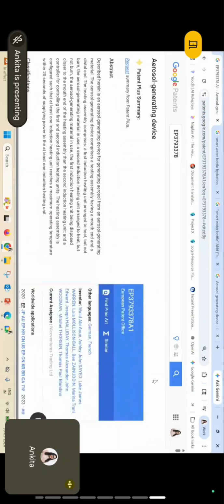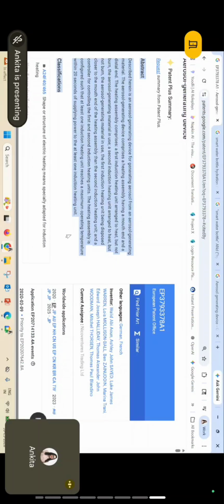If I open a patent, this is the whole patent, and you can see there are different parts of the patent. It's like a research paper, but it is mixed with a legal contract. You just need to understand how it works. The first thing, aerosol generating device, is the title of the patent, similar to a research paper. The second part is the abstract, a short summary in plain language. That is what you read first to decide if the patent is relevant to you or not. Why? Because it is a summary of the whole invention. You will get an idea of what this invention is talking about.